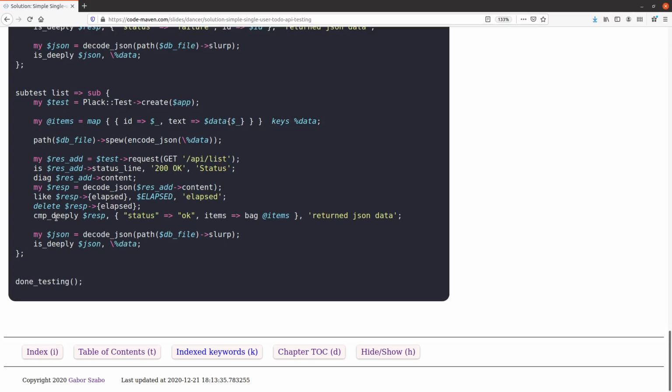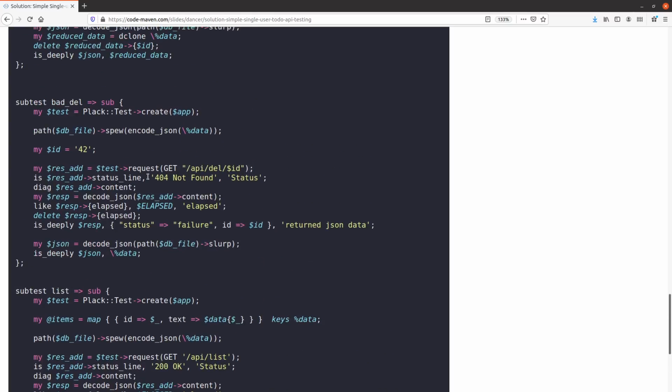This bag tool that comes with cmp_deeply from the Test::Deep module allows us to compare two array references regardless of their order. So this means basically that whatever we got back from the application, and whatever we have here, contain the same elements, but we don't care about the order. So that's a quite useful way for testing. And the last one that we have is